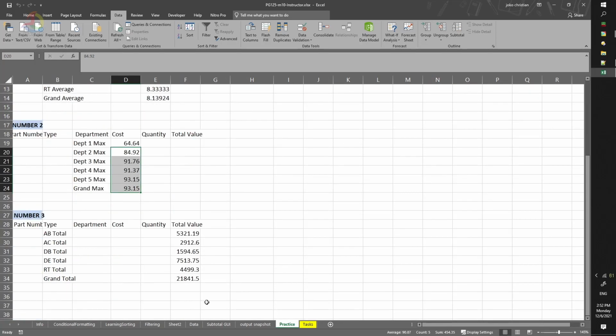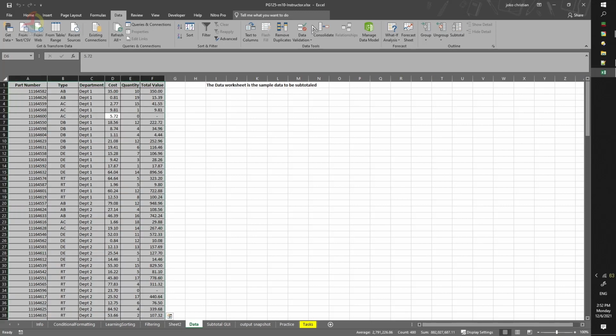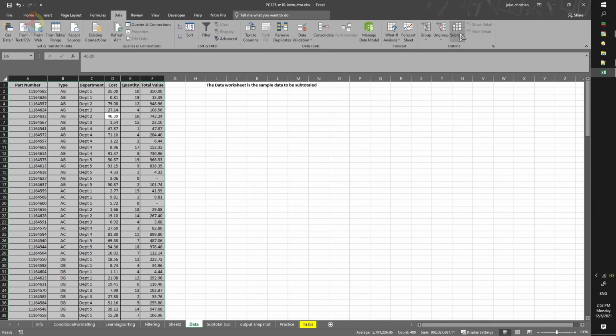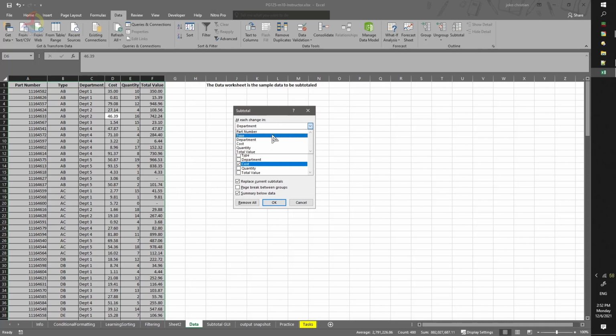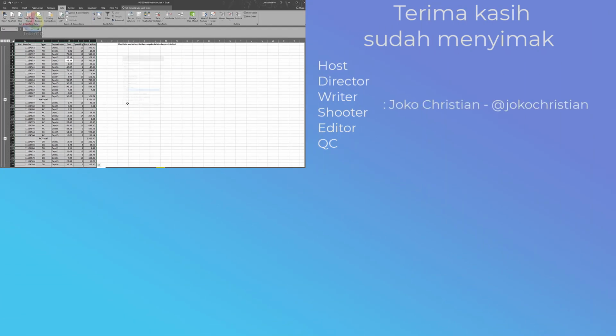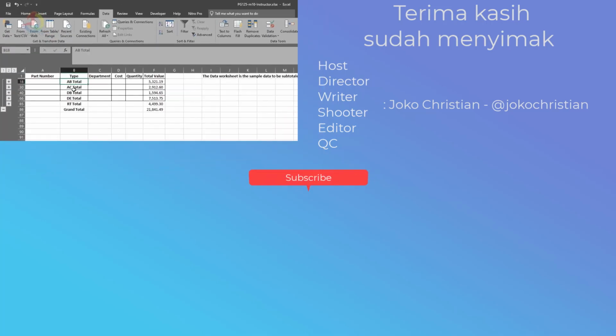Now, that is number 1 and number 2 practice. And number 3 will be sum of total value by type. So once again, we select the table. Wait. I need to sort it first. Sort by type. And then subtotal. For each change of type, use function sum. Use the column total value. Click OK. Then we'll get the values. Total value of sum from AB total, AC total, until grand total. Okay, that's it for